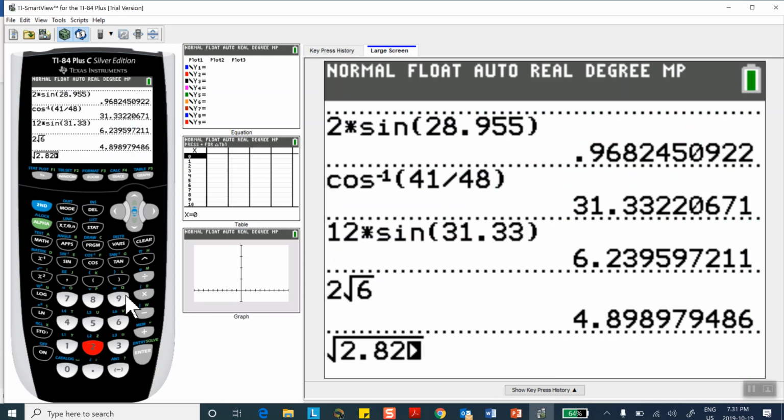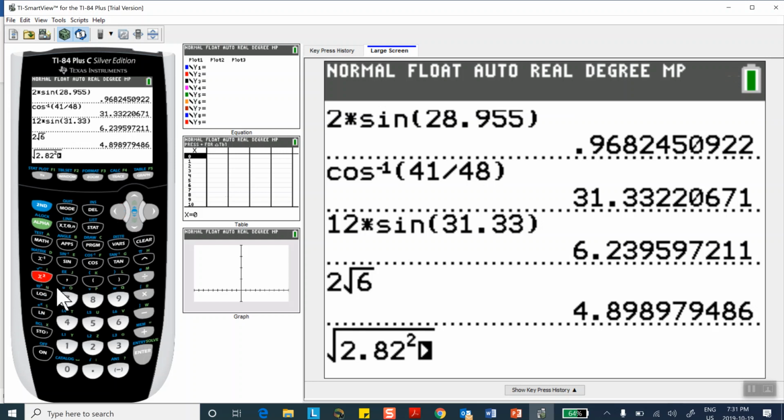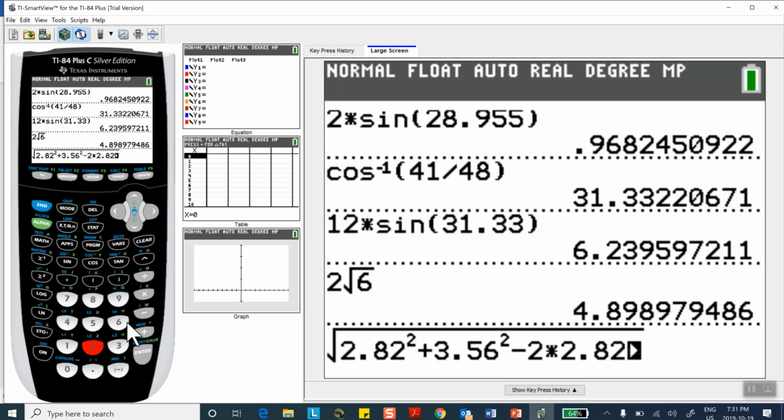So 2.82 squared plus 3.56 also squared, minus 2 times 2.82 times 3.56